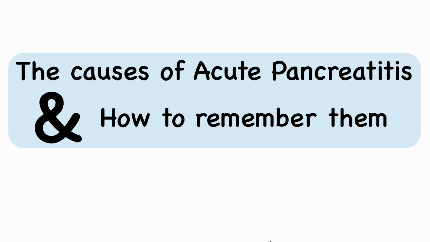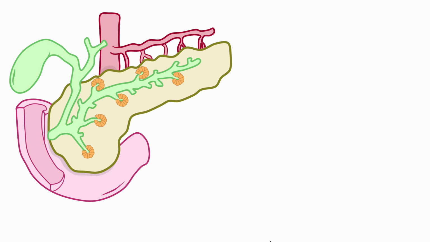Today I'll be presenting to you the causes of acute pancreatitis and how to remember them. So first I would like to talk to you a little bit more about the normal physiology of the exocrine glands of the pancreas. So we know that the enzymes that are used for digestion are made in the pancreas